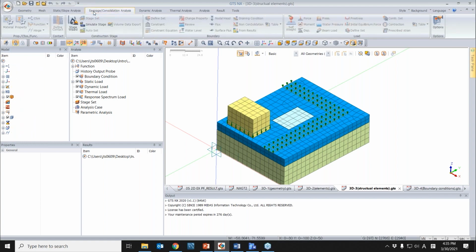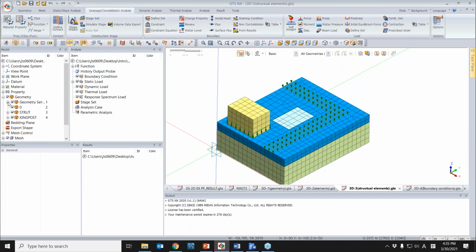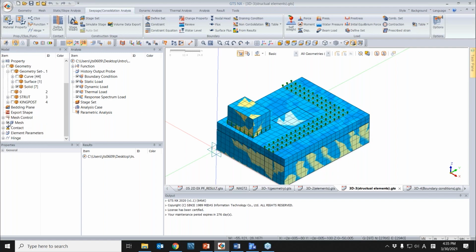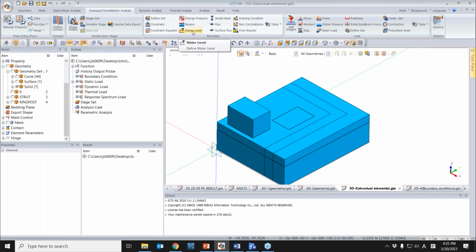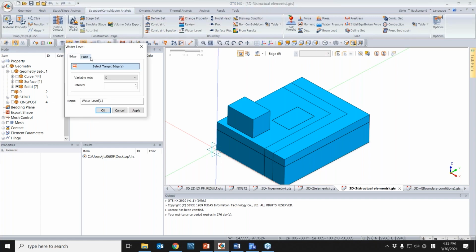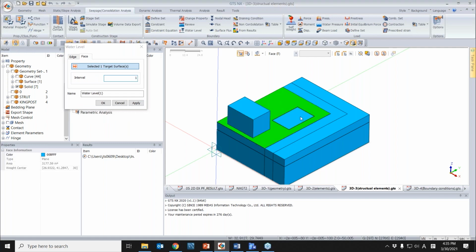I will show you how to make a water level. You can use the geometries in this case. Just show the solid and hide the mesh. And in the CPH consolidation analysis tab, there is a water level. So you can use this for your stress analysis. Click face. This is going to be the initial water level,